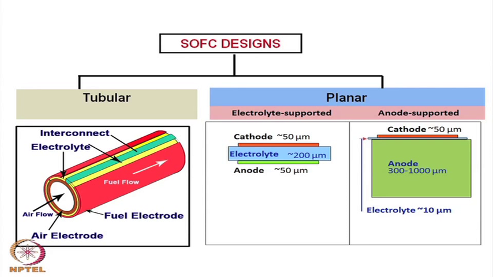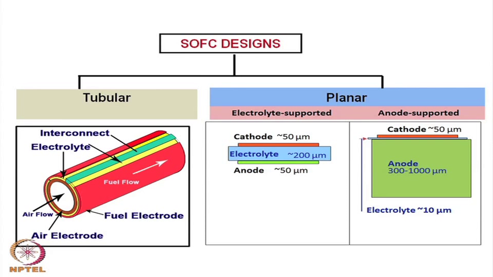One can do spraying or dip coating or plasma spraying. So, there are many different techniques by which one can do that. And this of course, once again, can be deposited by screen printing or plasma spraying. Okay. So, these are the different techniques by which a tube like structure is made,